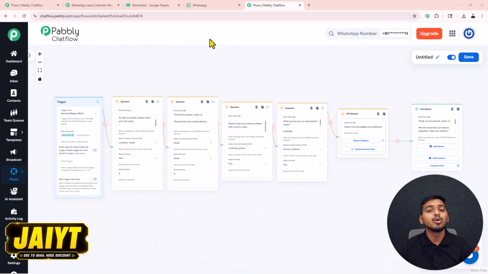For example, you can assign leads to sales representatives, trigger follow-up messages, update CRM systems, or create onboarding workflows, all